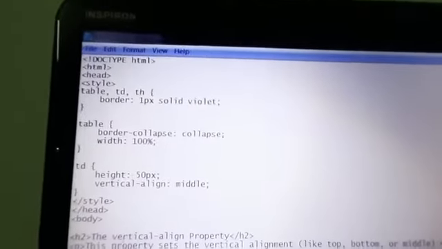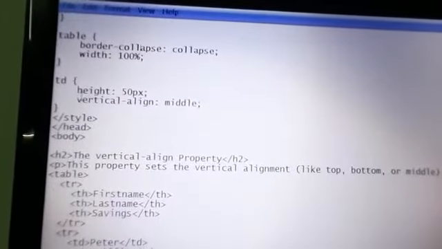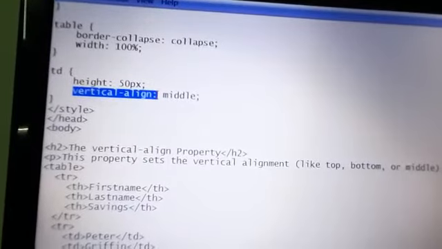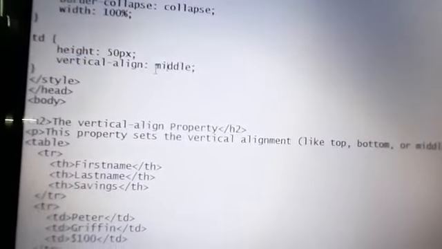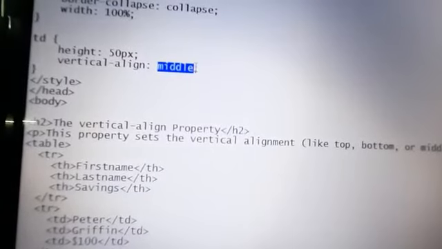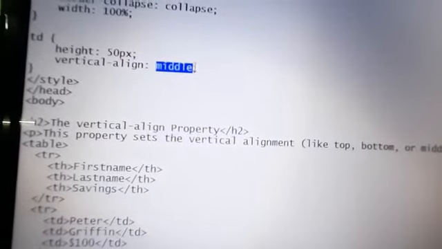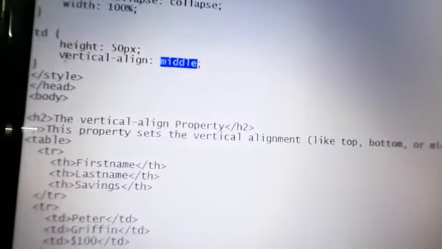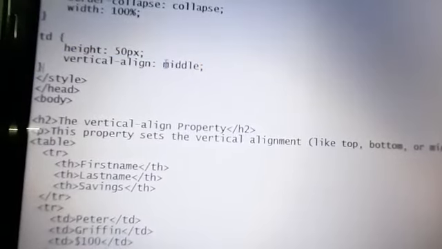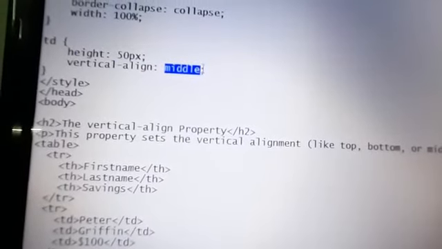How to add the vertical alignment? By using the vertical-align attribute. There are 3 properties there: top, middle and then bottom. In horizontal alignment you can add the property left, right and then center. In vertical alignment you can set the property as middle, top and then bottom.